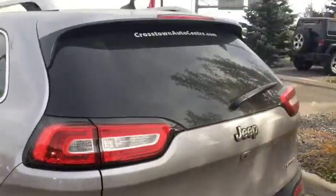Now you got the 60-40 split, and so we're just gonna pull this little lever up here. It's gonna bring the seats forward, and now we just added all this space to the trunk. Absolutely phenomenal for helping you move, friends move and stuff like that. Now in the back here,